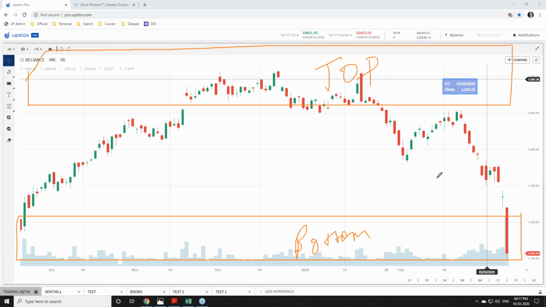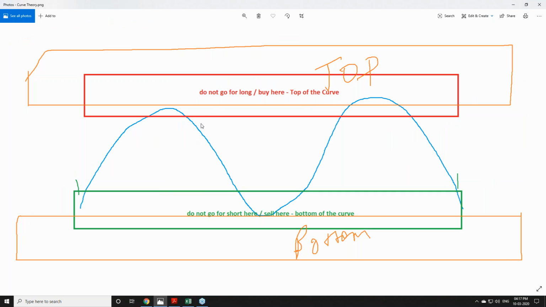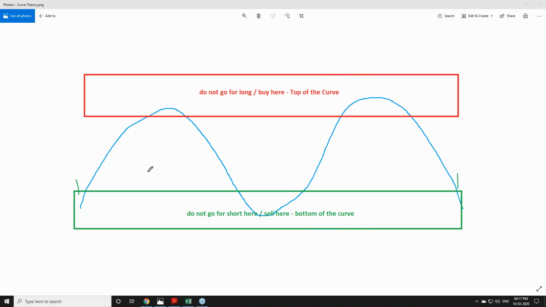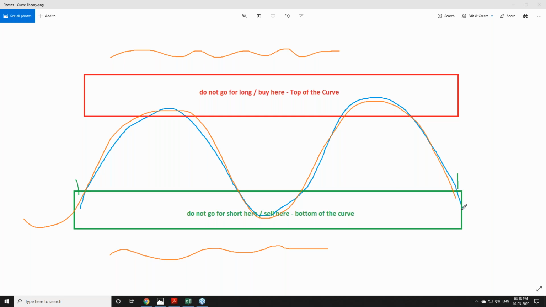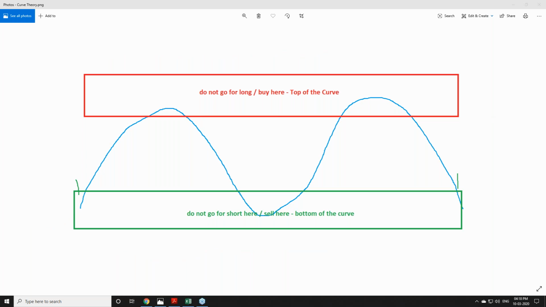So what is the study we are getting in the top of the curve and the bottom of the curve? Just a theoretical explanation. When you see the market, it always swings: it will come down, it will go up, it will come down, it will go up. The market does not always stay at the top or at the bottom. It should be trending. Whichever stock is having a trending phase, that is the stock we have to trade. Wherever we identify there is no trend, we are not supposed to trade, because no profit or loss will happen. That is more or less a dead stock.